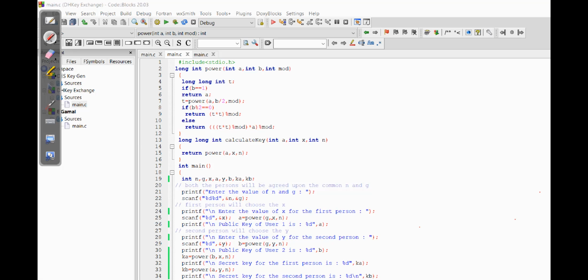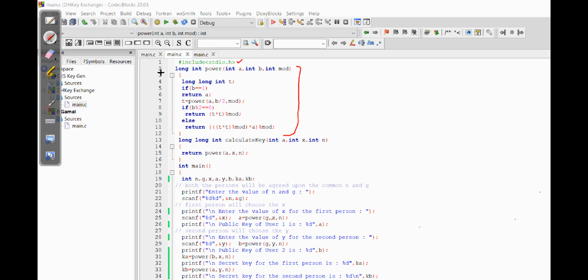The first will be our header files. Whatever header files are required for our implementation, we can import them. Followed by that, this is a member function through which we will generate or use the power, so that we can do the modulation part here. I'll try to explain how this power function works.